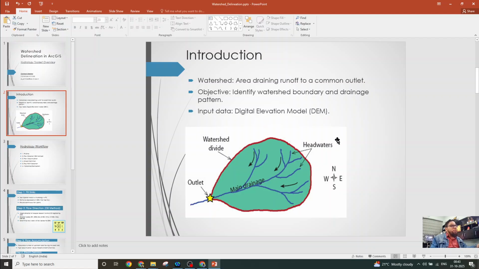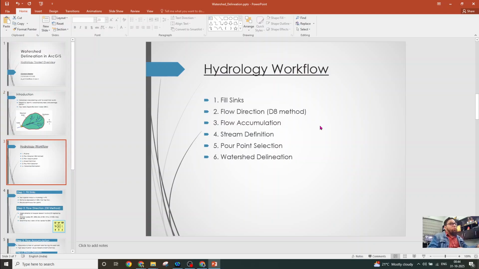From that Bhuvan portal, in India, as per your interest, you can download those DEM files, and the format of the DEM file is TIFF, TIF. You can download that DEM file and use it as the input in the ArcGIS software, and using this DEM file, you will subsequently reach the watershed delineation by following some steps. And what are those steps? Those steps are basically explained in these 6 points,